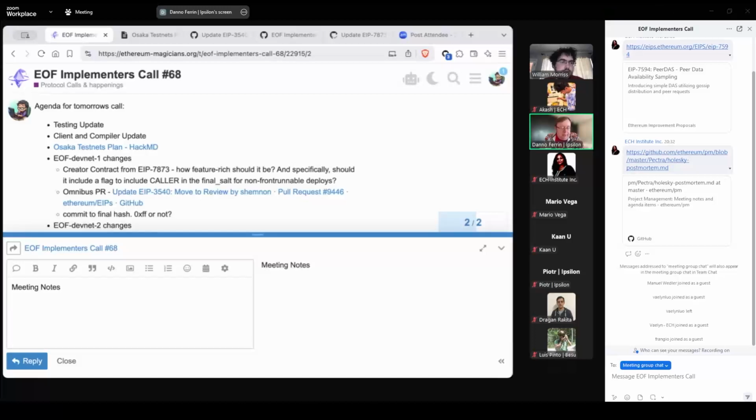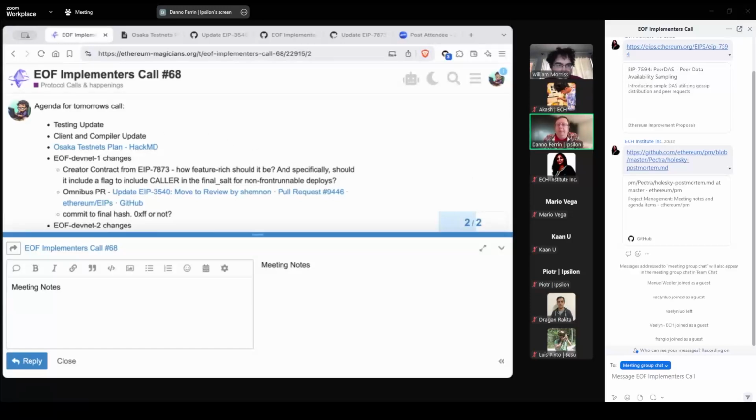On testing, this is probably more of a DevNet 1 thing. When we start implementing these things, we're probably going to need to update some of the tests to reflect some of the structure changes we're doing. So if everyone could take their current implementations and put an EOF DevNet 0 tag on it with Git, that would help us be able to recreate what we have now. So when things go forward, we'll be able to get it.